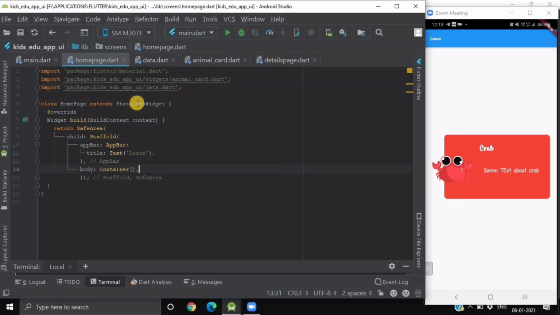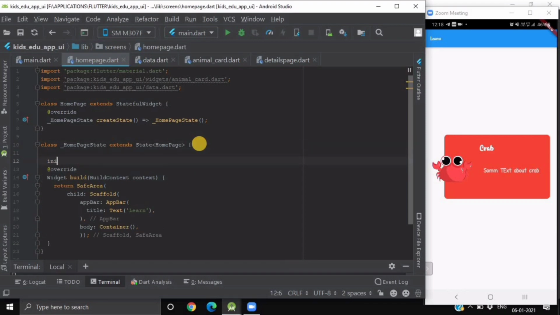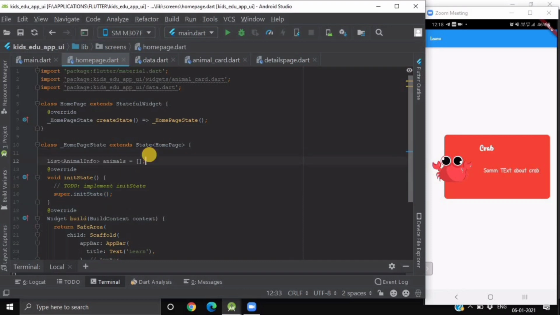Now we will convert this stateless widget to stateful widget. After converting this stateless widget into stateful widget, we'll create an init method, and we will create a list of animal info. We'll be fetching the list of animals from our data.dart file.